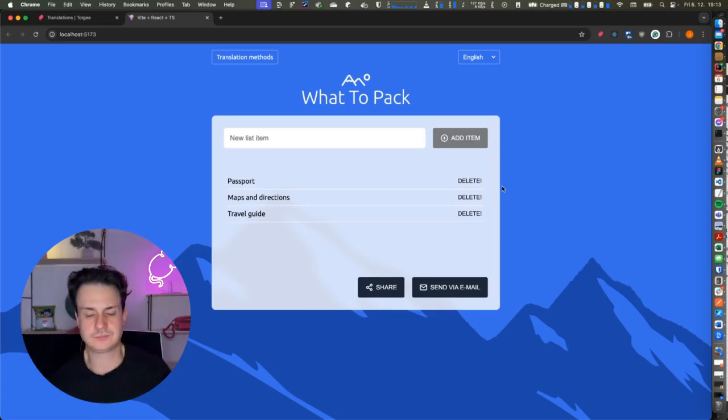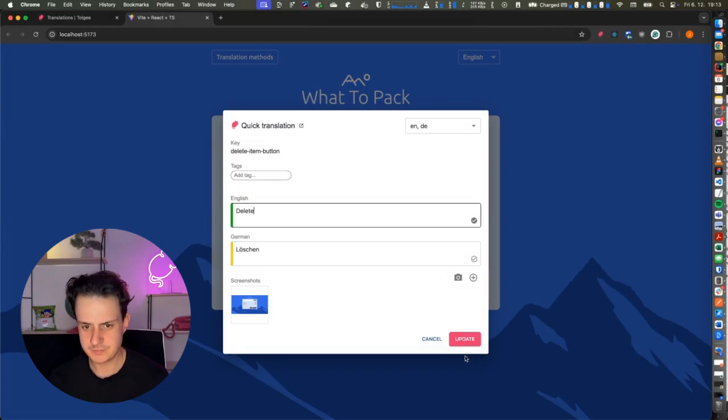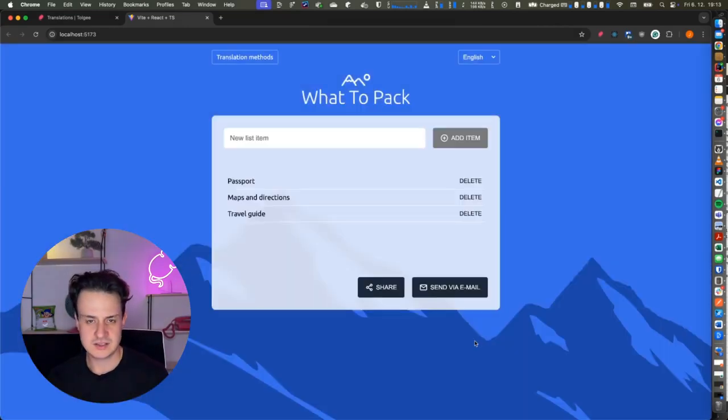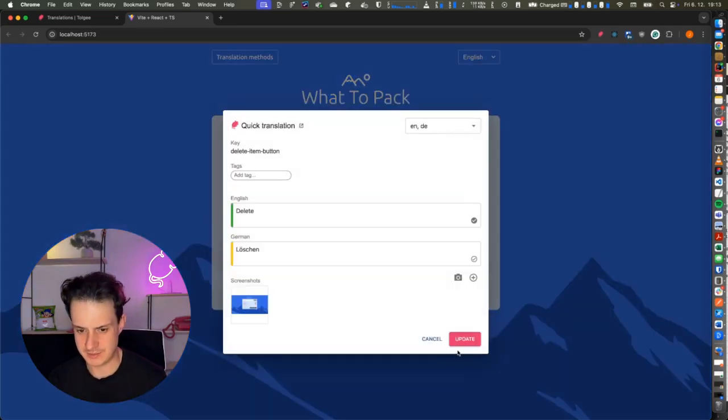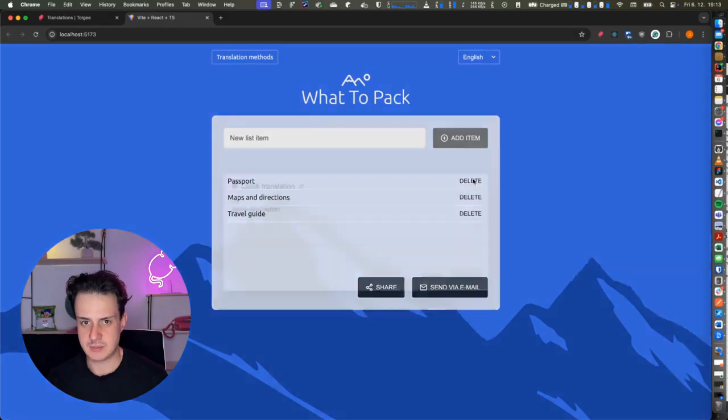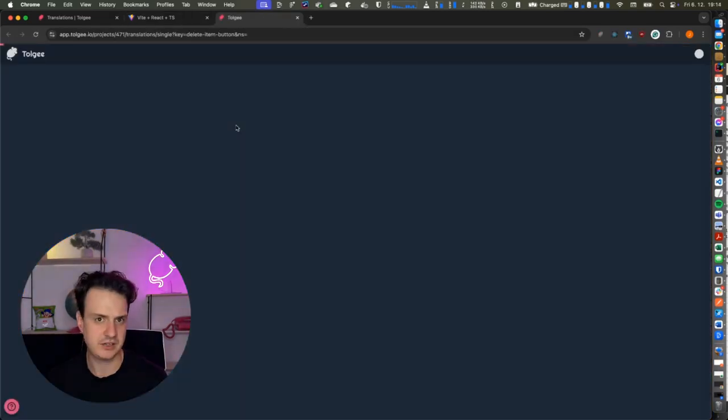So the connection is that every time you hit this update button, you get context stored in the app or in the Tolgee platform. So what do we mean by context? It's just the surrounding keys which are rendered at the same time. So when I hit the update here, and I will go to Tolgee platform by clicking this mouse in the corner,